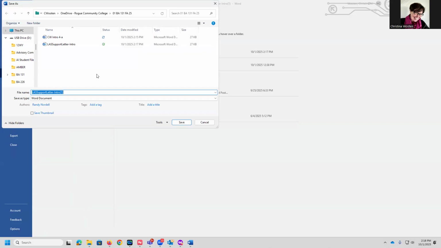And then it tells me to save this and create a new folder named LAS in your OneDrive folder. For me, I'm going to skip that for right now. I've got mine in a folder that's called BA131. And so we'll just save that with our initials. So CW intro 4-A. Perfect. And then I'm just going to click save,